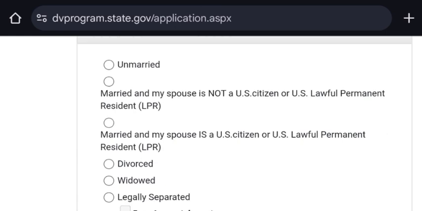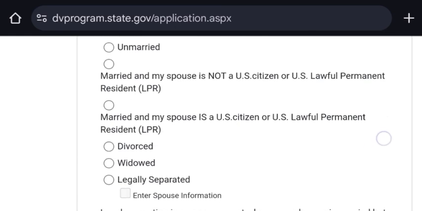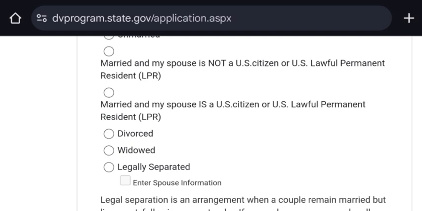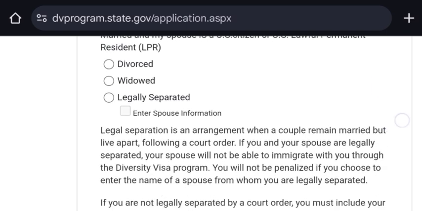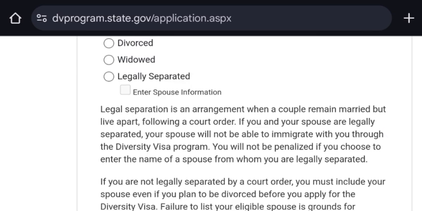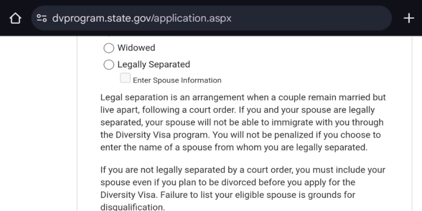Married and my spouse is a U.S. citizen or U.S. lawful permanent resident. You have to say if you are divorced, widowed, legally separated. Legal separation is an arrangement, as you can see, when a couple remain married but live apart following a court order.